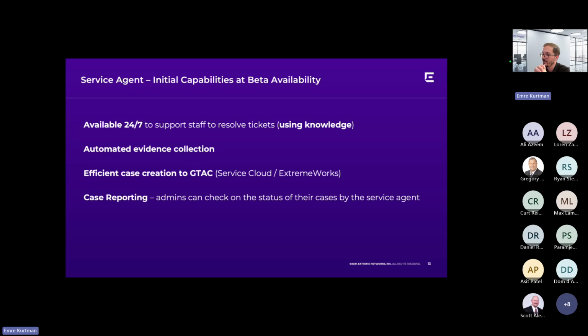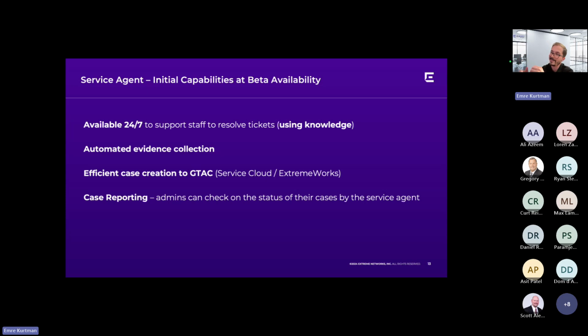Not all investigations create an action. So again, when it comes to service agent, it will eventually ask your permission for the action to create a case. But until that, it will create all the evidence. It will collect all the evidence. It will do some troubleshooting. It will provide you some steps to do troubleshooting.